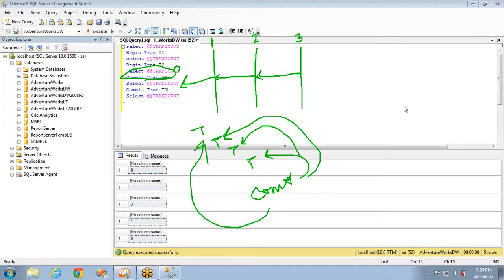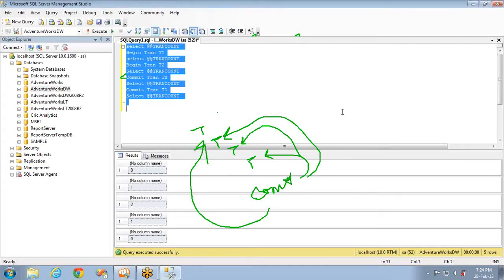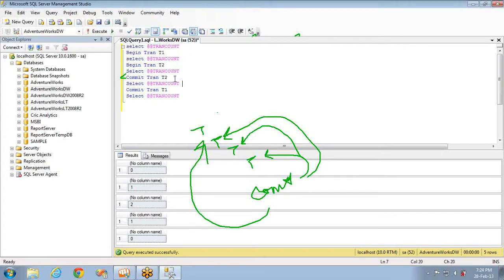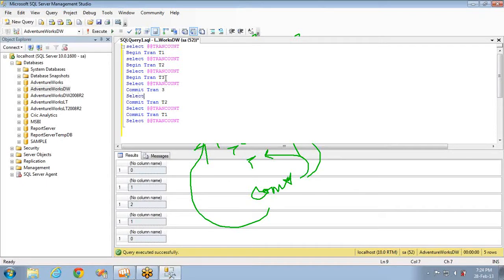Now let's see the same example using some queries. I'm gonna take some queries here. If you want to see one more example, I'm opening the transaction here. After 2, I'm adding one more transaction 3, and selecting the same count, and here I'm committing transaction 3, and I'm selecting the data.